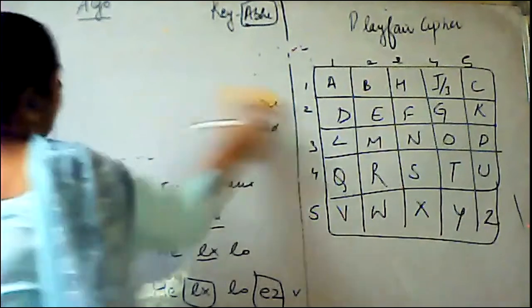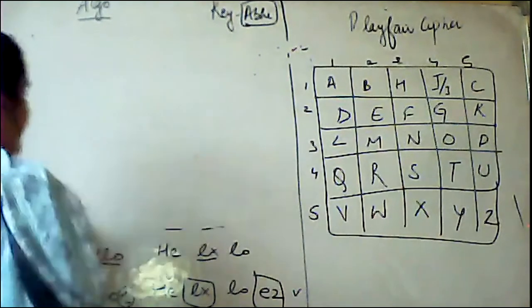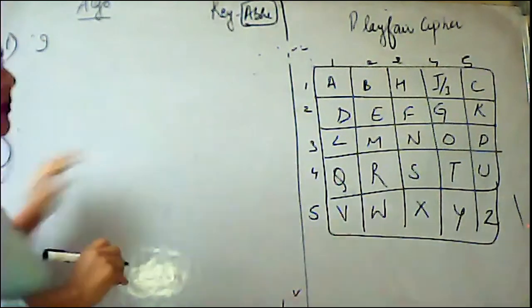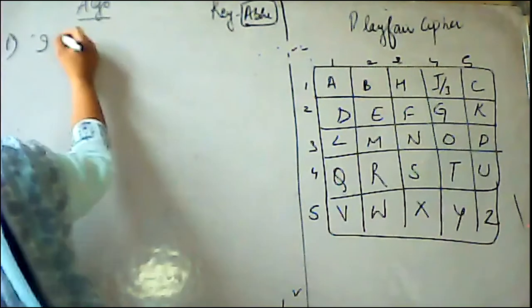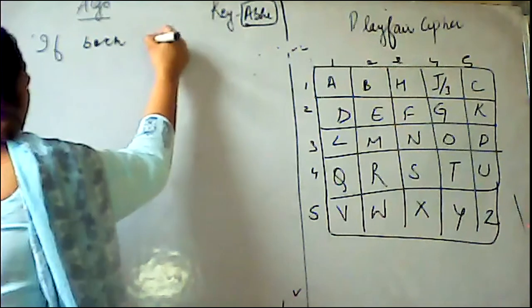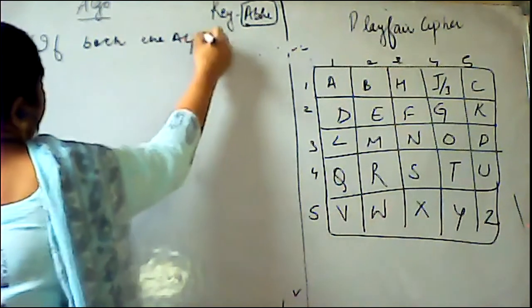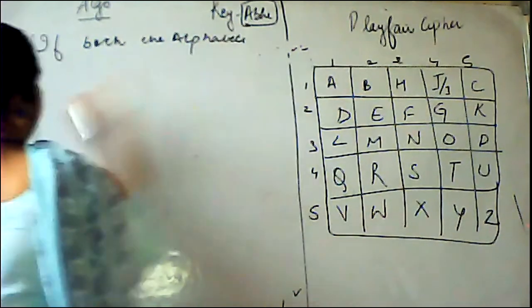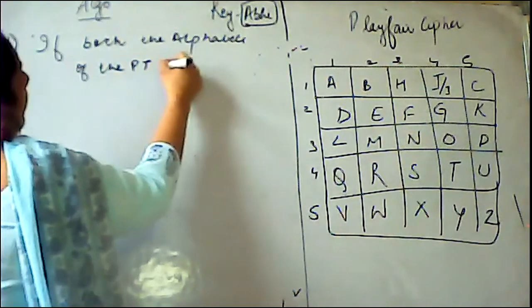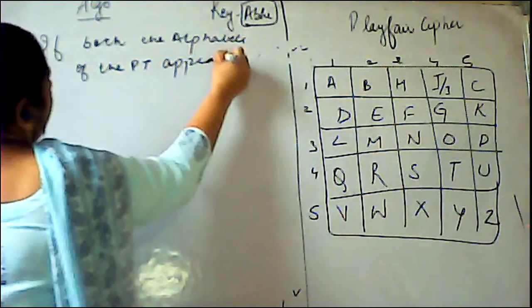So what are the rules? I'm going to erase this all because we have to follow some rules. First rule: you have broken the plain text into pairs. If both the alphabets of the plain text appear in the same row,